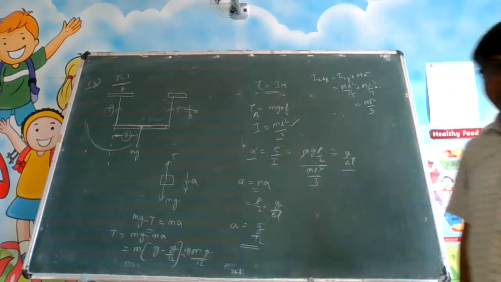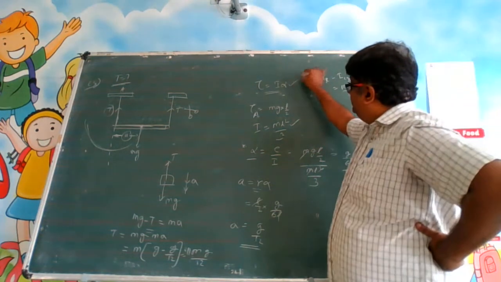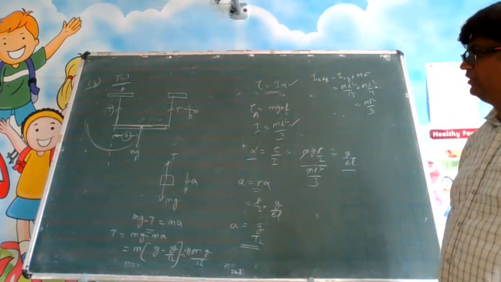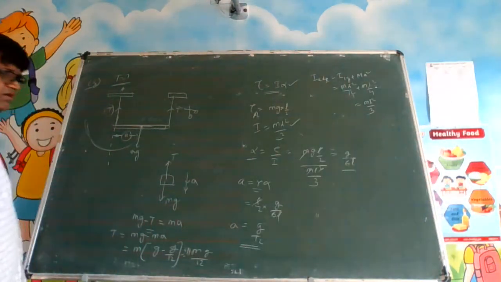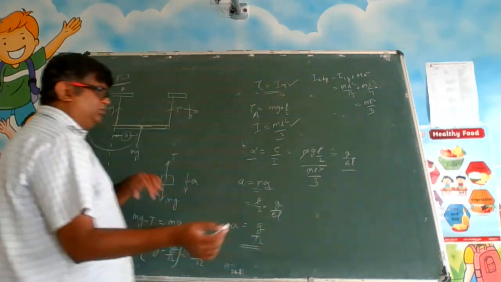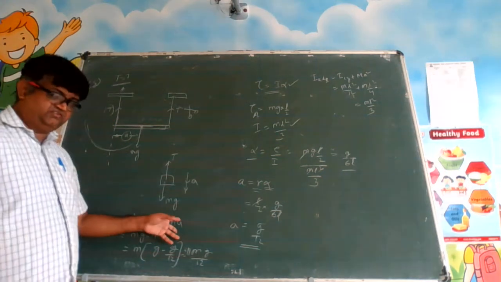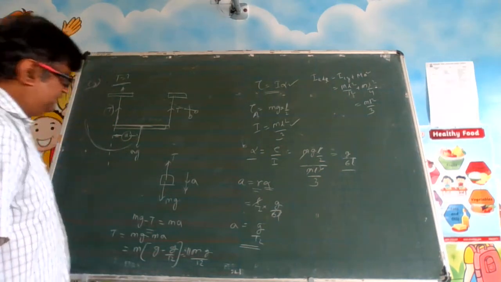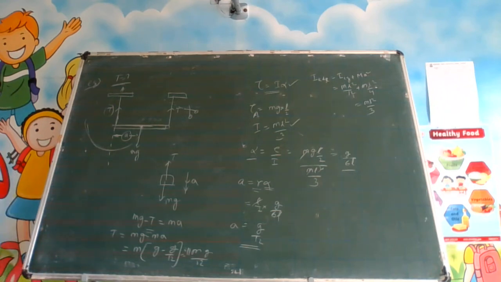Okay? Understood how I have framed all the equations? We have taken this equation. We have calculated torque. Whenever there is some swinging motion, always think in terms of torque. And when you get the value of alpha, you can correlate it with the linear acceleration. You have to think along these lines. You will get the answer to any question. Okay? Just make a note of these points.